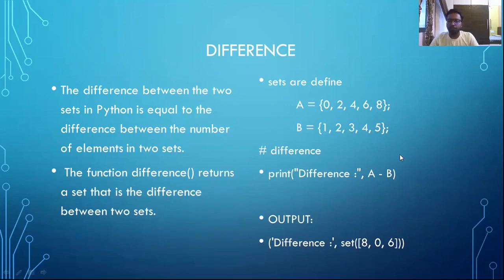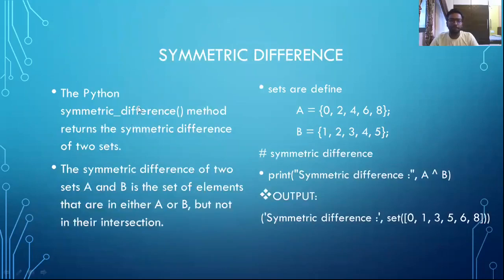Let us move to symmetric difference. The Python symmetric difference method returns the symmetric difference of two sets. The symmetric difference of two sets A and B is the set of elements that are in either A or B but not in the intersection.